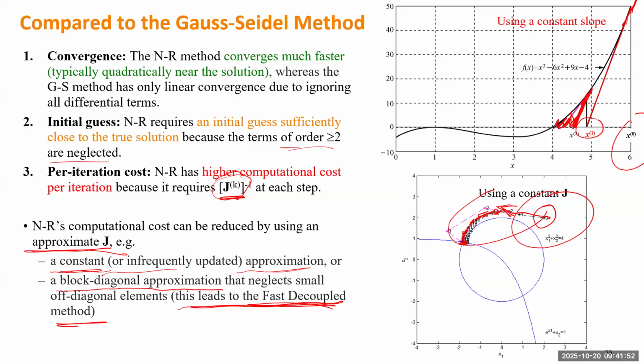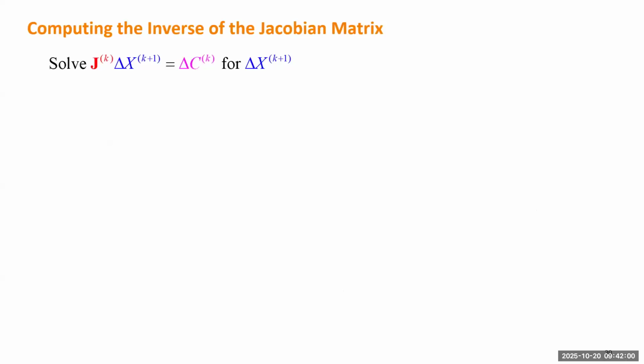That slope-based method will fail, right? Initial guess will be critical. So we can assume the function near the solution is roughly smooth. Then you need to have a good initial guess, to actually start from a point close enough to